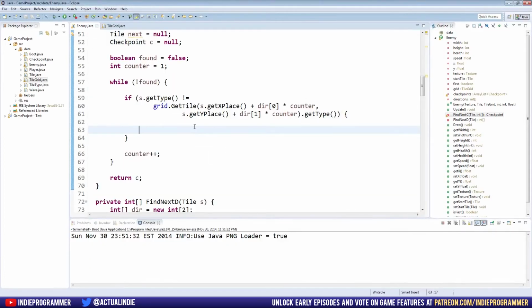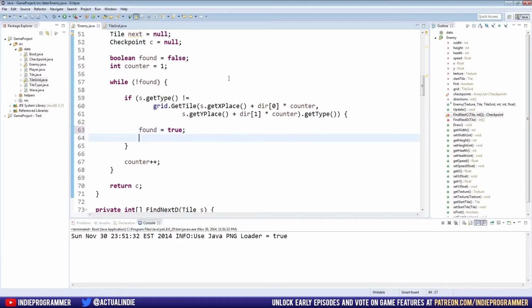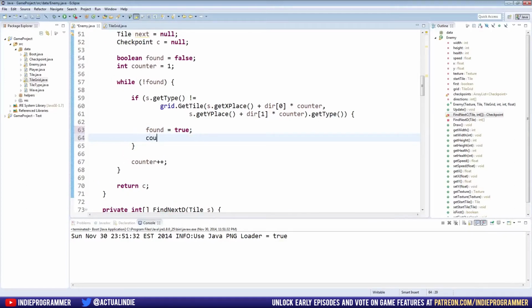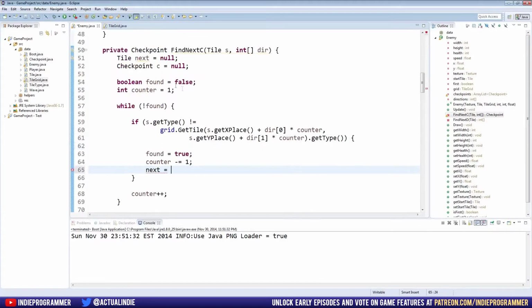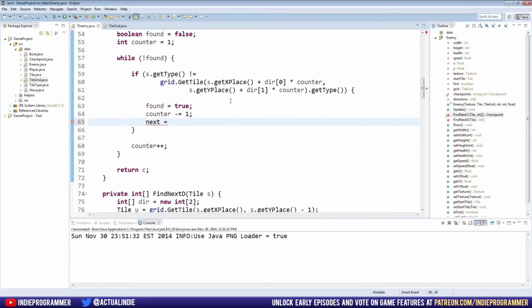Once we find something that's a different tile type than ours, which is what this if statement's doing here, if our type is not the same as the type we're looking at right now, we're first going to say found equals true, so we don't keep running this while loop because we found the next checkpoint. Then we're going to say counter minus equals 1, and I'll explain that in a second. Next, which is the tile we have up here, equals